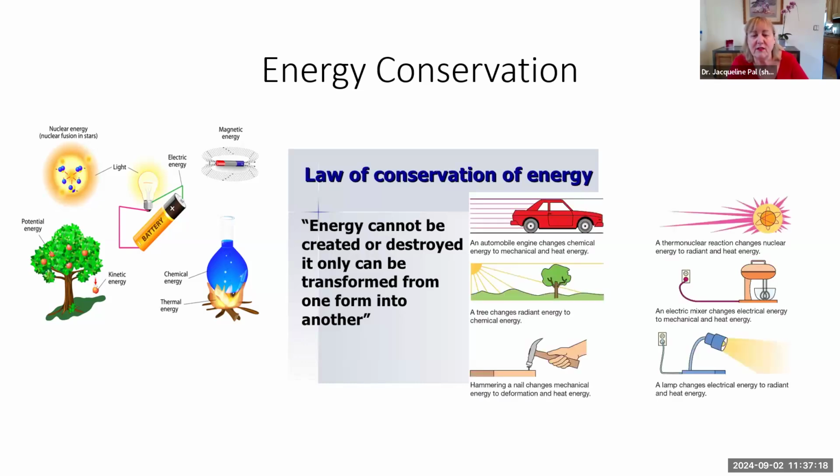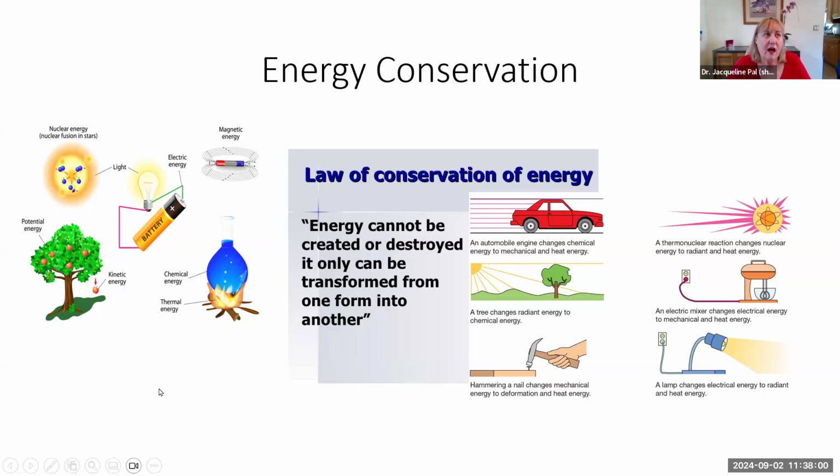So here are some examples. For instance, we can put petroleum, gasoline, into our automobiles, and then we are going to have mechanical energy in that our cars are going to move, and it also gives off heat. And yes, I know there are electric cars, but let's just deal with the normal automobile. We can put light bulbs into a lamp, and notice, unless they're LED lamps, they're also going to give off heat as well. So there are lots of different types of energy, and notice that most of them are going to be giving off heat as well.